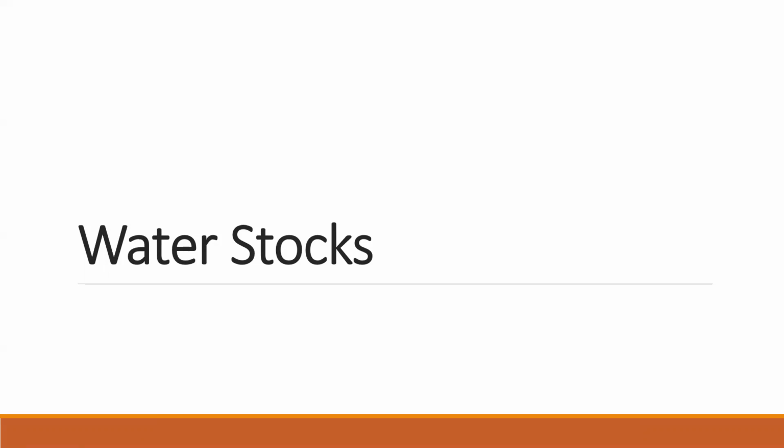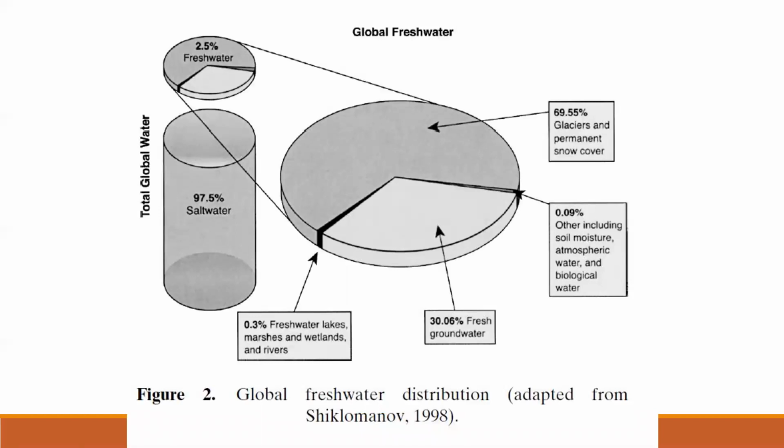So if I just told you in the last slide that this is a closed loop or a closed system, it would in theory be impossible to run out of water. But of course we know that's not actually what's happening. So let's talk about why there are some potential problems with our ability to use unlimited amounts of water. First of all, 97% of the water on the planet is going to be held in salt